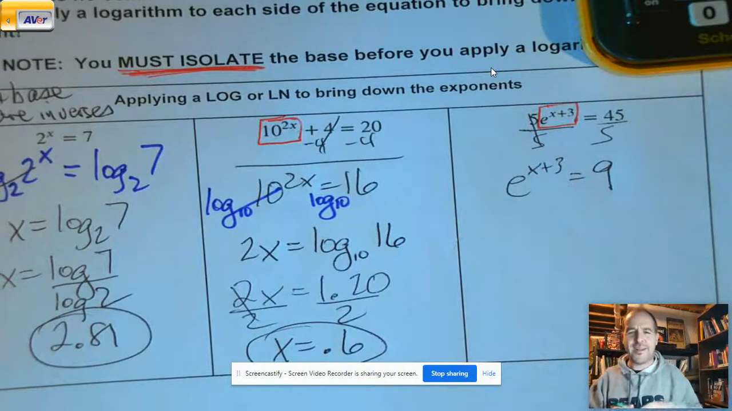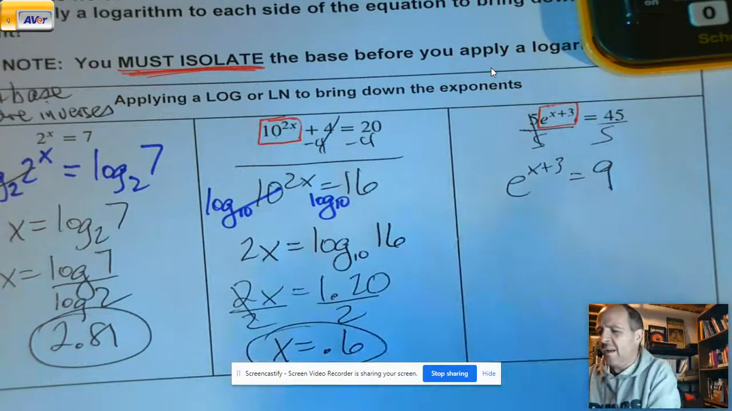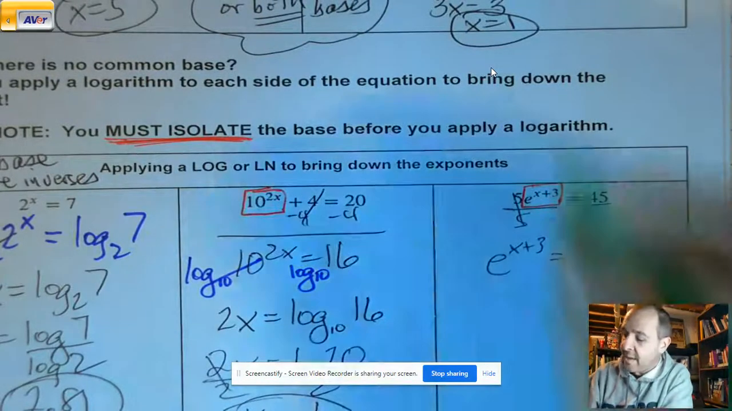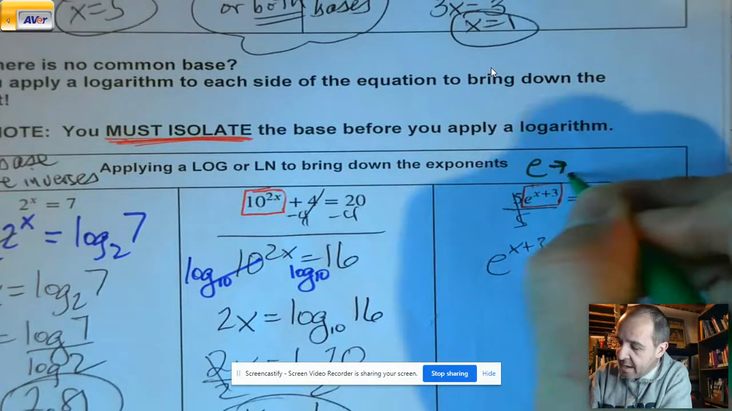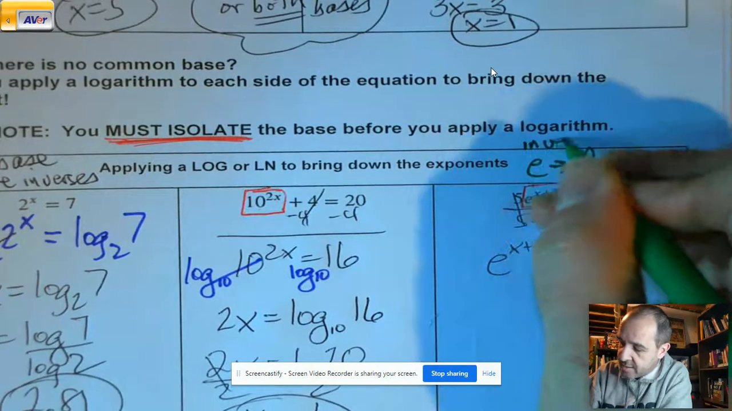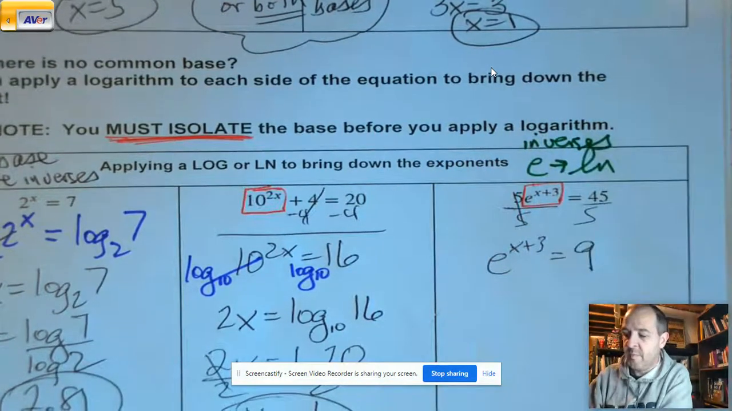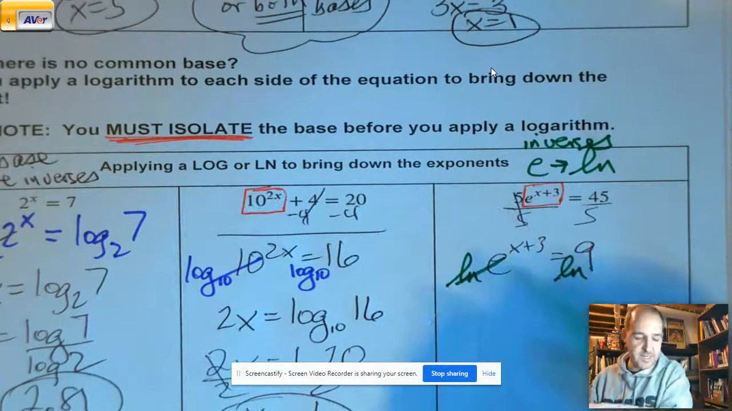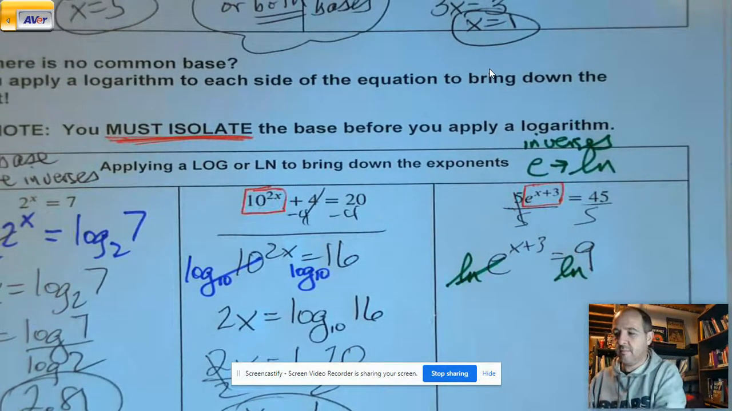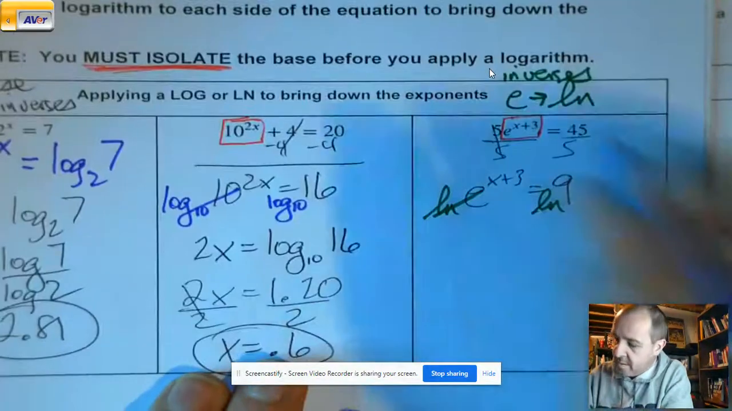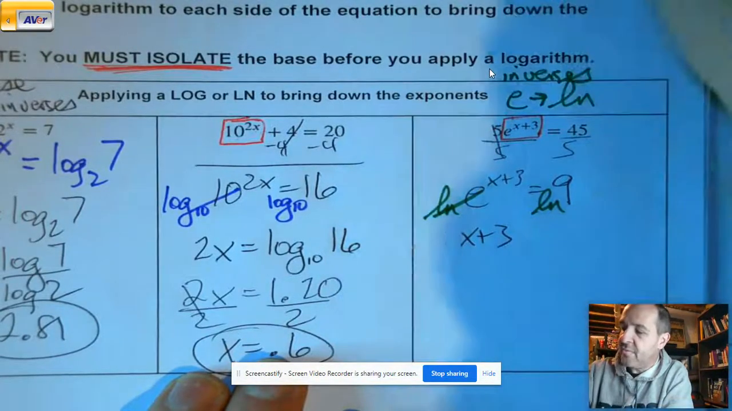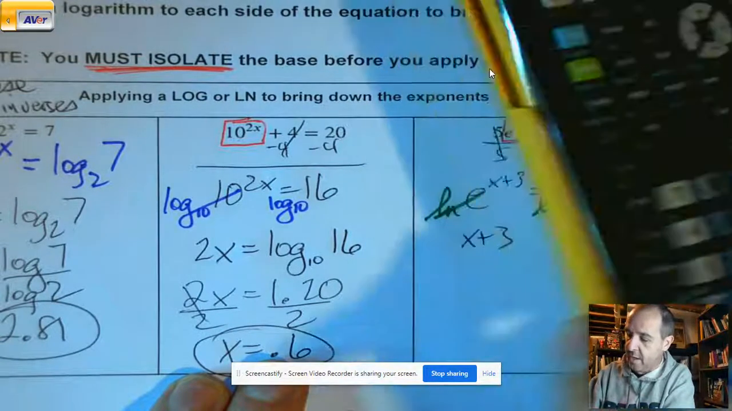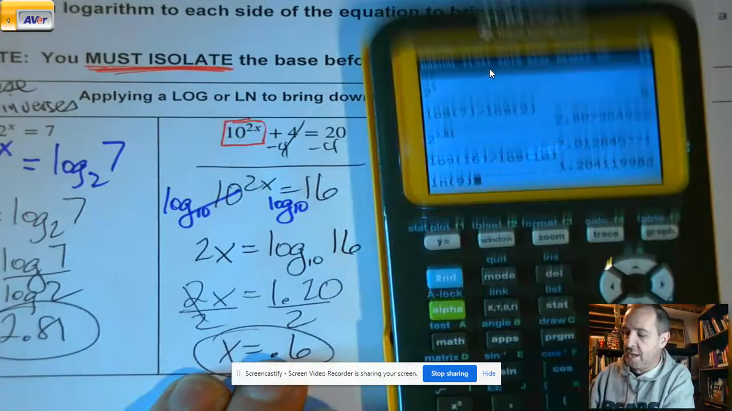Now we need a reminder again here. Quick reminder lesson. E, do I put log e? No. E and natural log are inverses. So here, to get the e out of there, I'm going to take the natural log. So x plus 3, and then reminder, at least on the calculators we use, the natural log's right next to 4 here. So the natural log of 9,